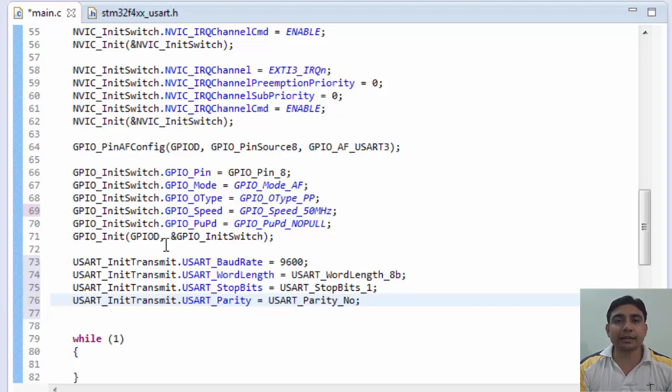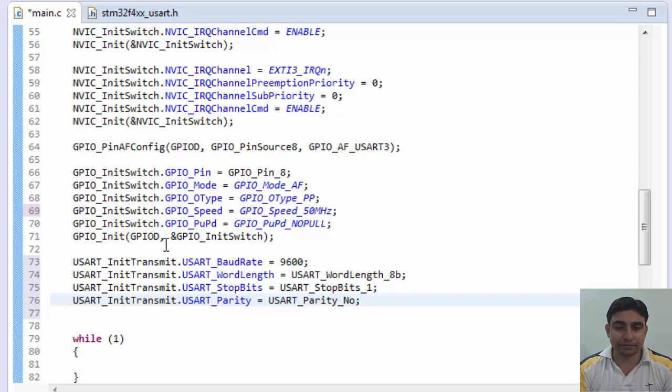Actually, parity bit is a bit in which we can tell if the received frame is correct or not. I mean, this bit is used to check for transmission errors. You can go online and learn about this in detail. Well, right now we do not need any parity, so let's keep it this way.